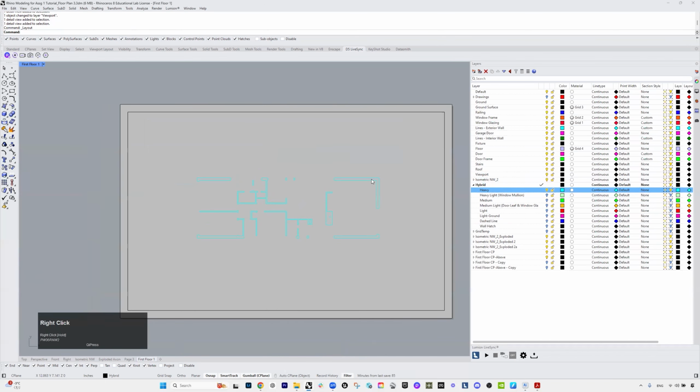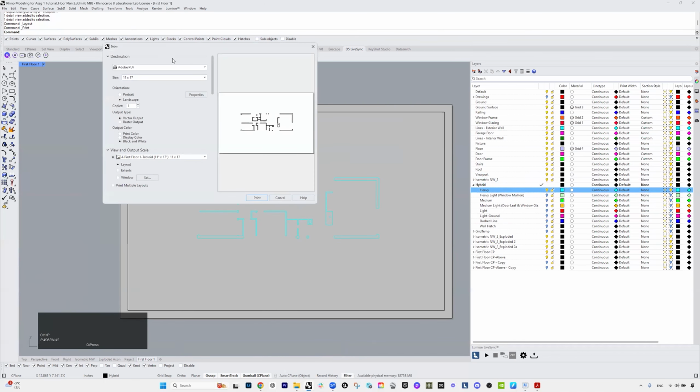I can see that, and press Control P to export this drawing. It has to be PDF 11 by 17 landscape. Vector output has to be checked. Output color should be black and white. And this should be automatically